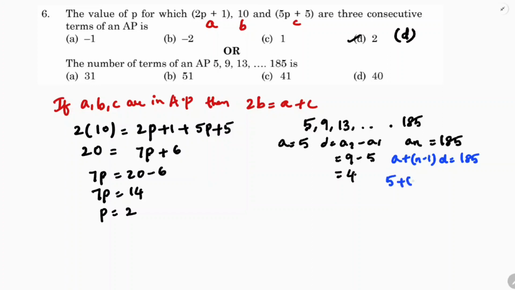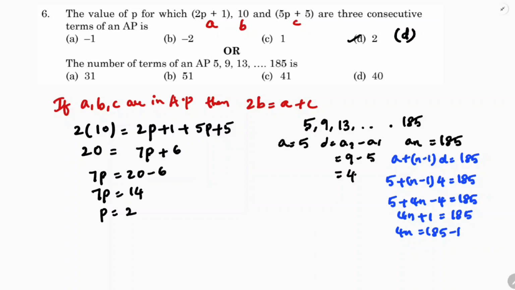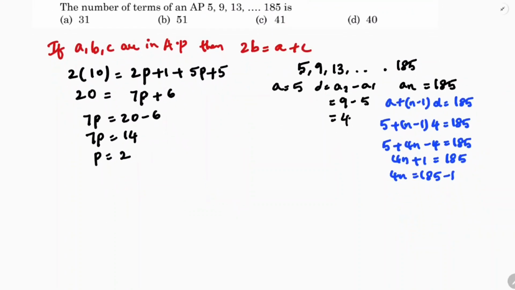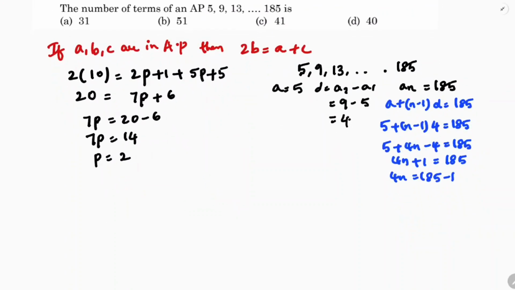5 plus (n minus 1) times 4 is 185. 5 plus 4n minus 4 is 185. 4n plus 5 minus 4, which is 1, equals 185. So 4n equals 185 minus 1, so 4n equals 184. n equals 184